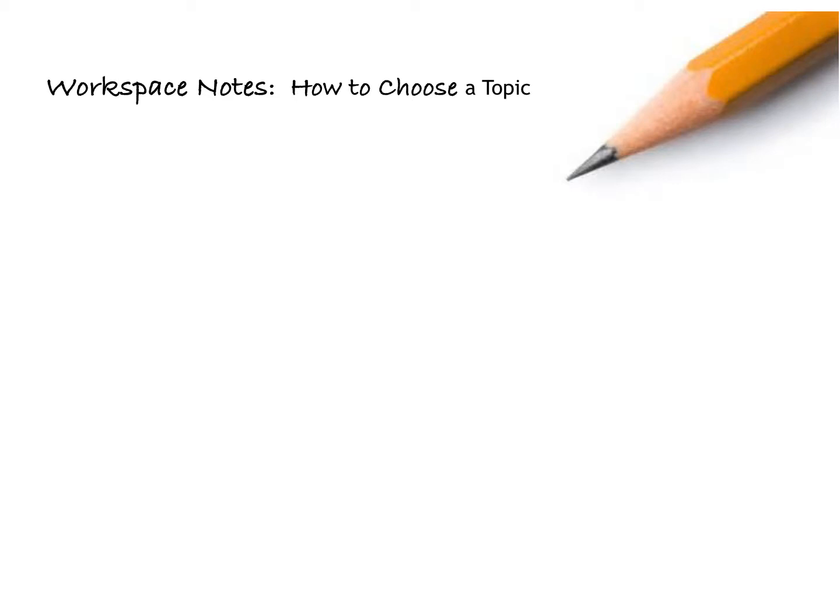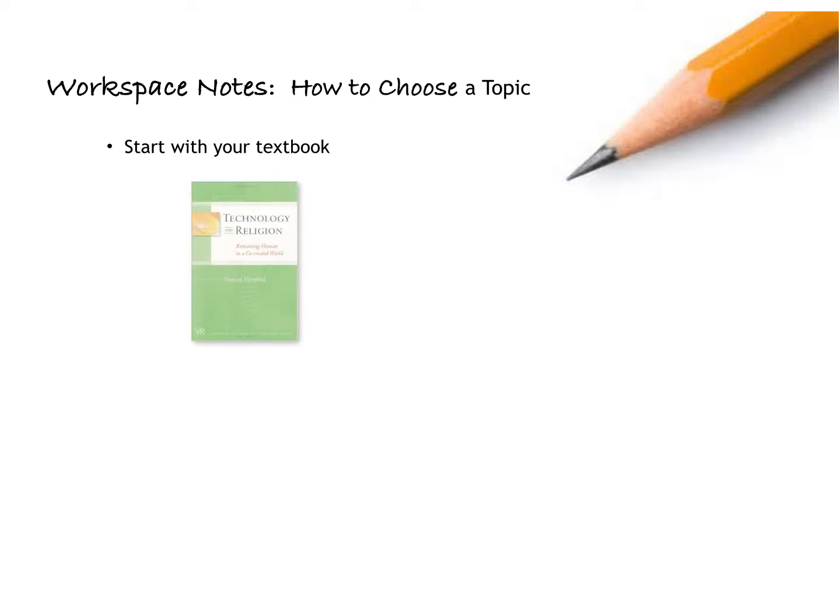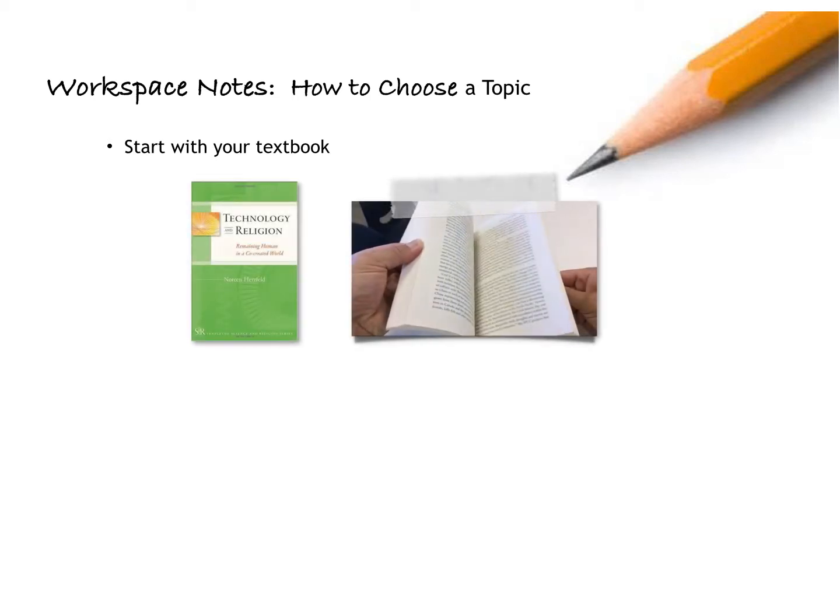For those of you needing help with choosing a topic, here are a few things you can do to generate some ideas. As a starting point, consult your textbook. Open it to the table of contents and take note of the subjects discussed in each chapter. If something catches your interest, flip to that section and just skim through it to see if something stands out to you, whether it be something in the area of advances in medical technology, AI and robotics, GMOs, fuel alternatives, or something else. Jot down a few ideas, type them into your online search engine, and do a little research.